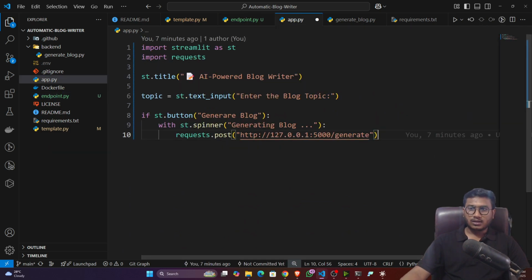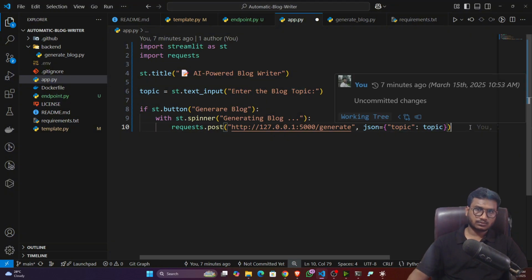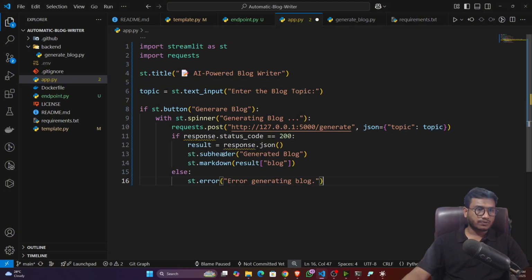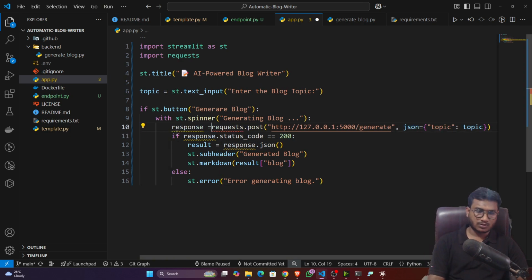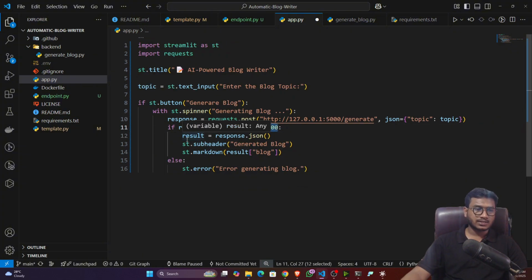It will work. Then here I will pass the topic name, so json topic is equal to topic. The topic I'm getting from the user. Once it is done, I'm going to check the status. I'm going to store this response inside a response variable. If response status is equal to 200, that means I got the result. So I'll extract the results, give a subheader, generate blog, and give a markdown